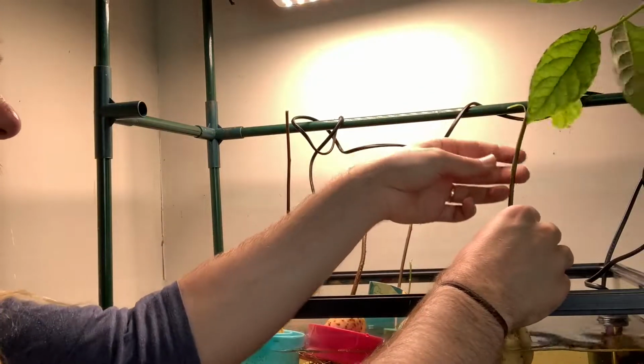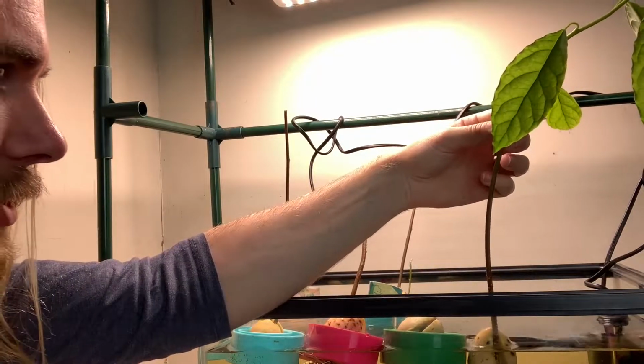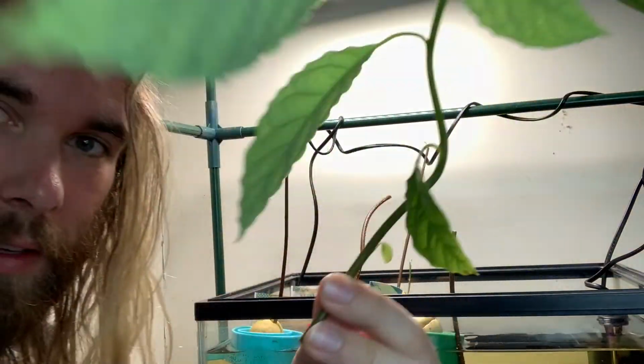So I'm going to prune it. I'm going to find a node, and we've got a node, there's just a notch here, so I'm going to prune it at that notch. There's no leaf coming out of it, but the node's still there, so that should be okay. There's that one,